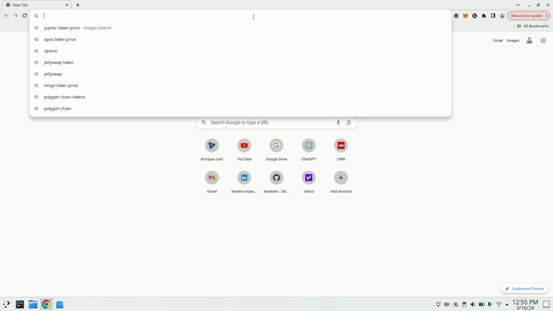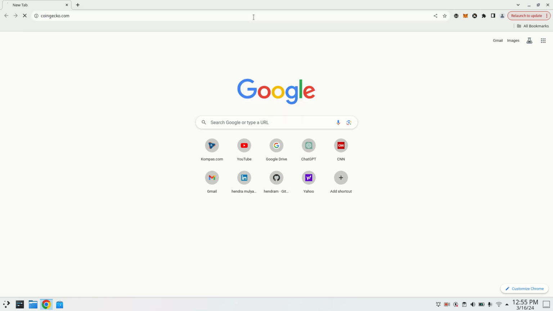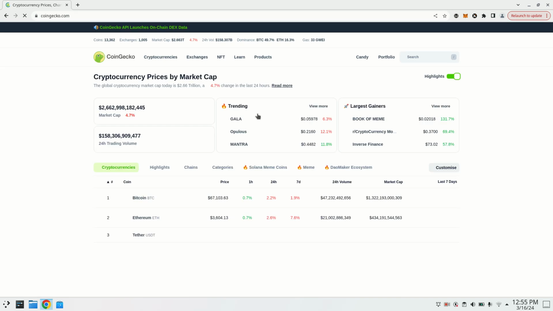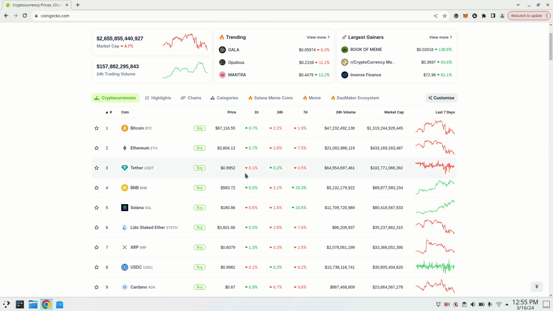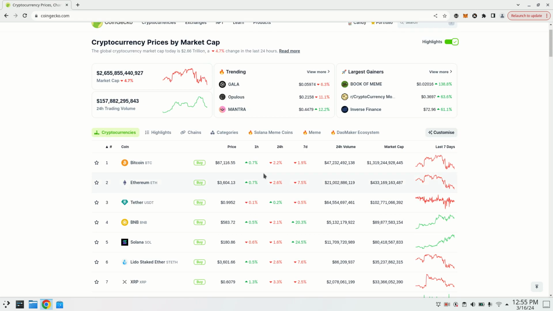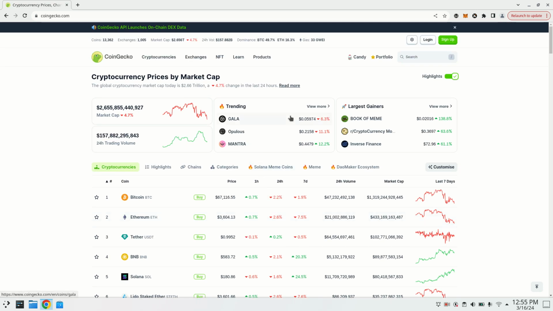So for example, we begin using CoinGecko. This is just the basics. Here we could see lots of coins, right? So for example, we want to find out which coin gets the most gain within a week.